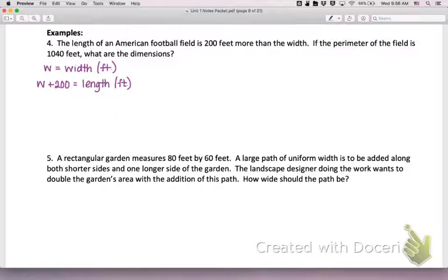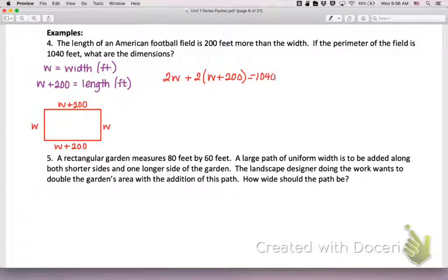Okay, so here's what we're looking at. We have our field, and we know that the length is 200 more than the width, and we know that the widths are the same on both sides. So they've told us about the perimeter of the field. Well, we find perimeter by adding up all of the sides. So we have 2 W's, one on each side, plus 2 times W plus 200, one on each side. And when we add that up, we get